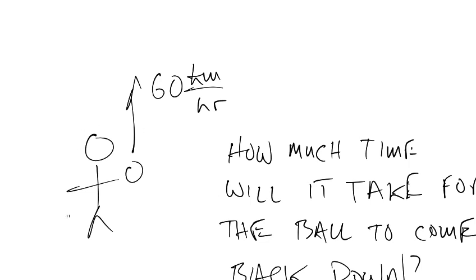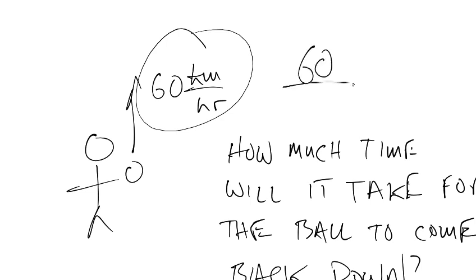Now, in order to do this, we aren't really given a lot of information. The first thing I'd like to do is change this 60 to meters per second. So I'm going to go 60 divided by 3.6 again. Once again, reiterating, kilometers per hour is the bigger number, meters per second is the smaller number, so therefore I have to divide by 3.6. So 60, enter, divided by 3.6 is 16.7